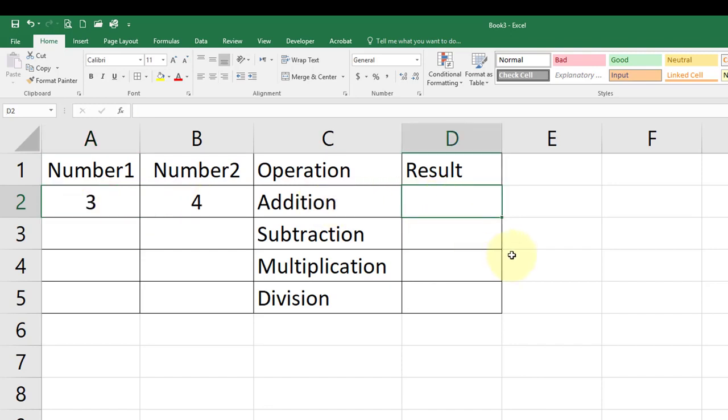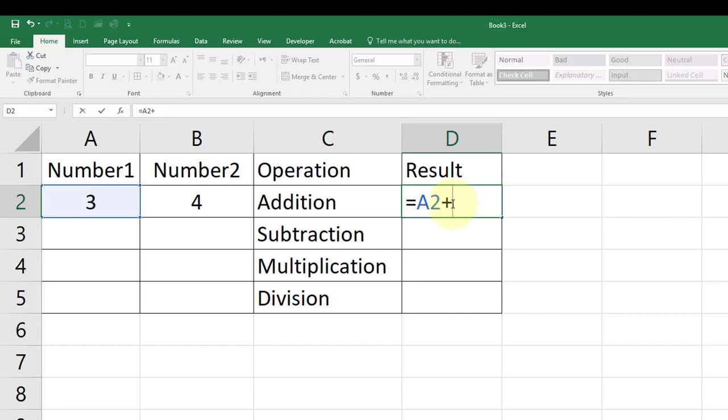Now before you start to use a formula, remember one thing: a formula always starts with an equal sign. Once you write the equal sign, now you have the option of writing a formula. Now to add these two numbers, we need to know the cell name or the cell address for this number. Now the cell address for this is A2. The moment you click this, you will see it shows you A2. Now the operation that we want to do is addition. So we are going to